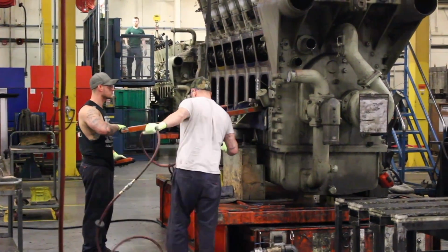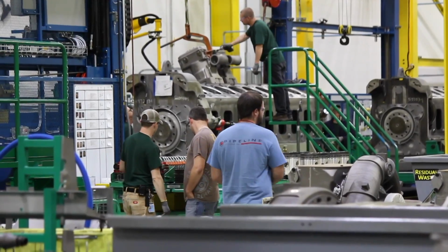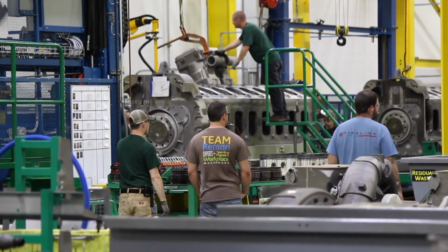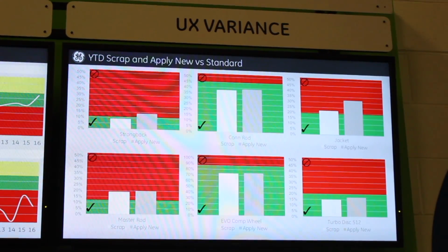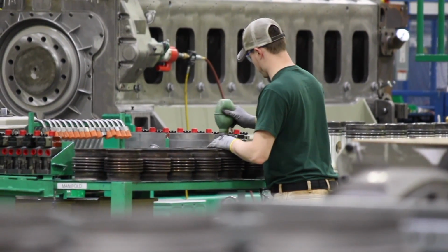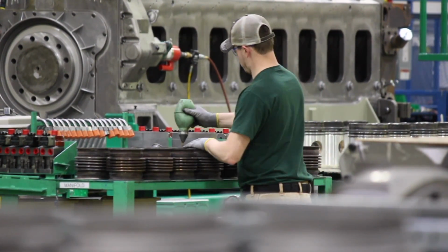Smith says one of the goals is to create a totally transparent environment to encourage communication. Throughout the plant, you'll find flat-screen TVs giving real-time updates on production. The concept of the digital thread and building that digital twin is all about capturing the genealogy of the part,